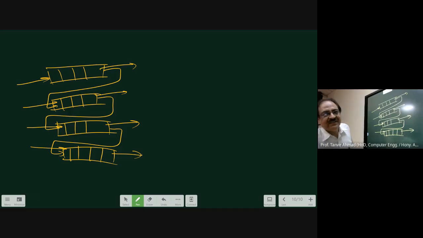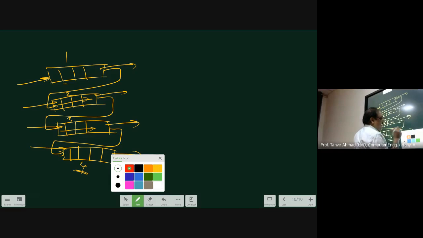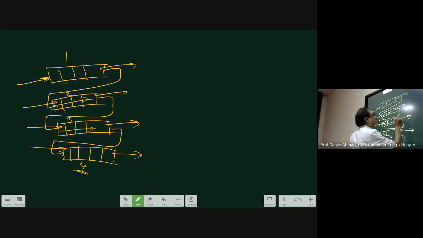इसमें क्या है, तो चार क्यू हैं, हर क्यू की प्रायोरिटी अपने हिसाब से एंटर होगी। जैसे ये मान लो प्रायोरिटी नंबर 1 के लिए है, ये 2 के लिए है, ये 3 के लिए है, ये 4 के लिए है। कोई एलिमेंट अगर प्रायोरिटी 4 का आएगा तो इसमें जाएगा, प्रायोरिटी नंबर 2 का है वो इसमें जाएगा, प्रायोरिटी नंबर 3 का है वो इसमें जाएगा। बट एक टाइम आएगा, अब ये तुम पूछोगे ये क्या है, ये एक टिपिकल लाइन हमने बनाई है। हाँ सर, ये इंटरकनेक्टेड है।